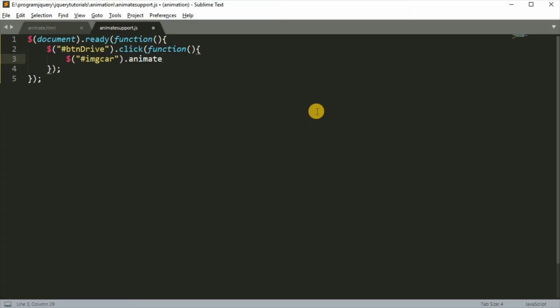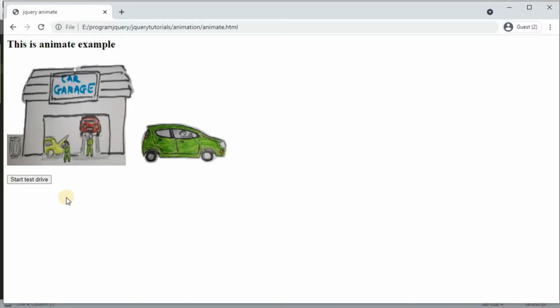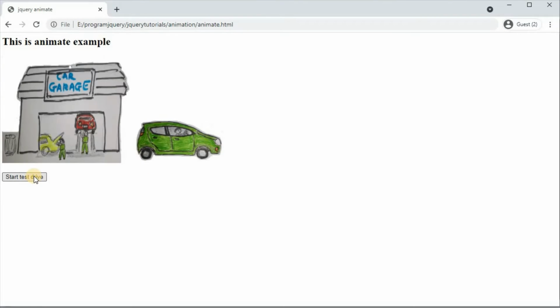Animate method in curly braces, we are going to give CSS properties. Property left, 400 pixels, and if we click on this button start test drive,